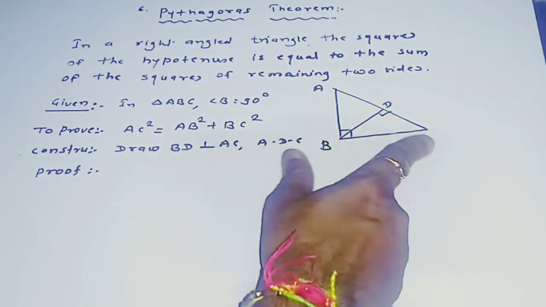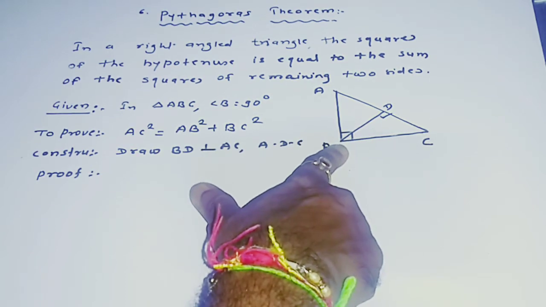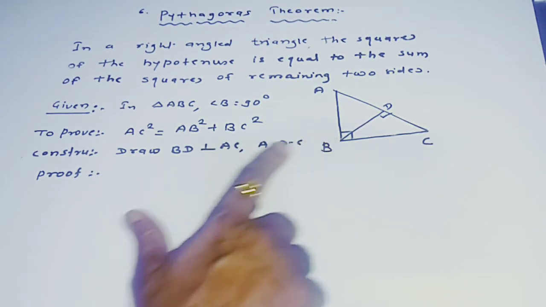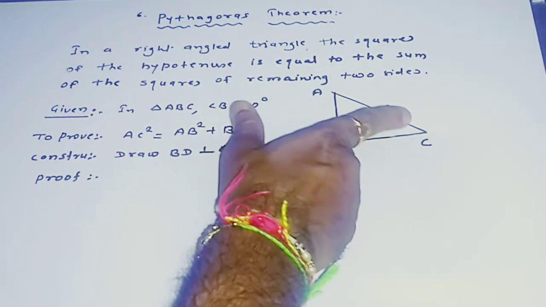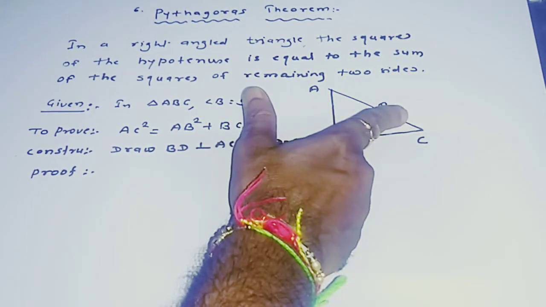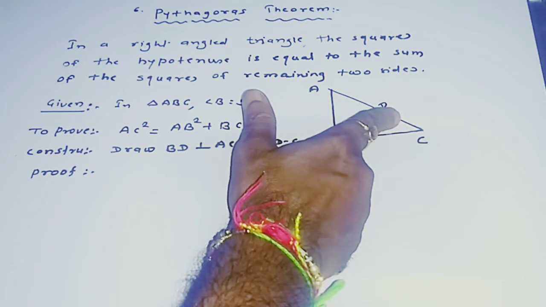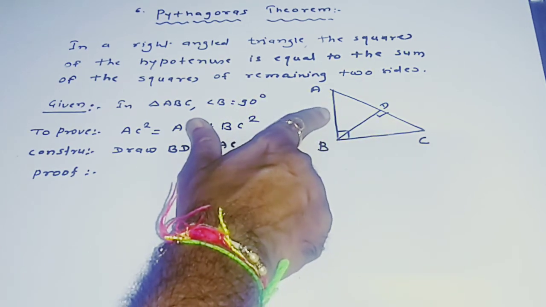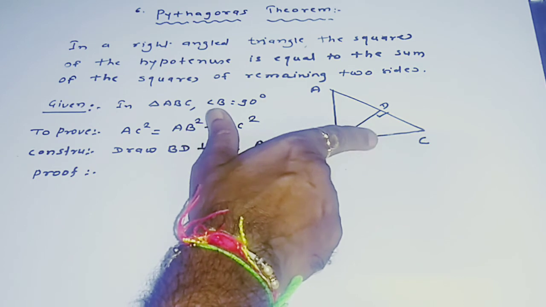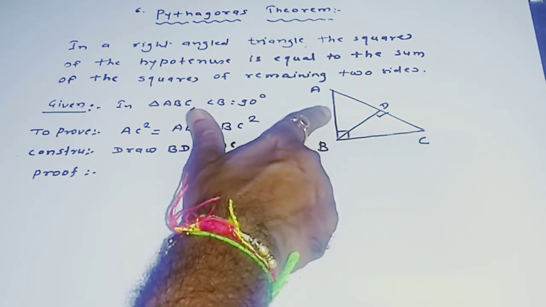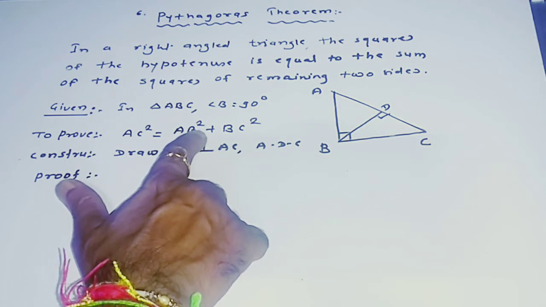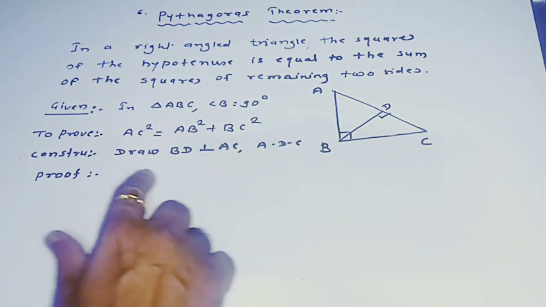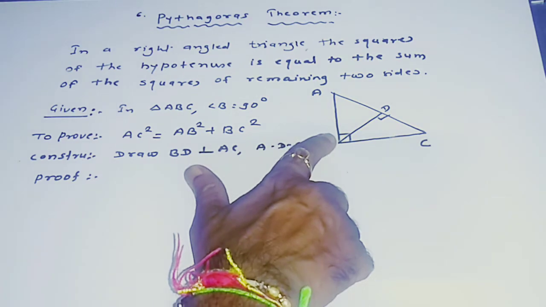Given: in triangle ABC, angle B is 90 degrees. To prove that, what is the proof? Hypotenuse is AC. So AC square is equal to AB square plus BC square. We have to prove this. Construction: draw